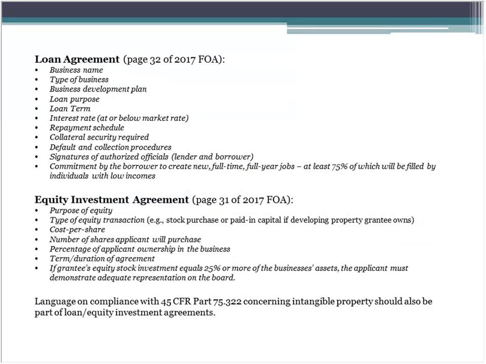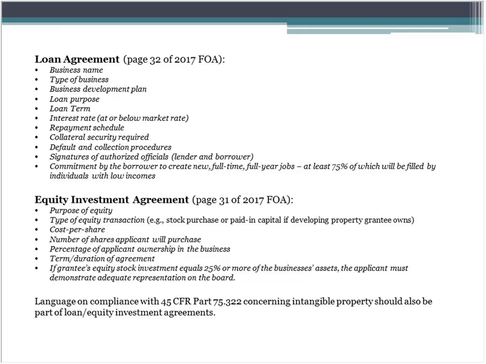Below is language from the program announcement on what should be included in loan and equity agreements. That would be part of the application. And if you're making a loan, you would also have other loan documents available to be executed if you're awarded the OCS funds. So again, if you don't have experience with loans or equity investments, you want to connect with other organizations that have this experience, see what agreements they use, that sort of thing. But for a loan agreement,